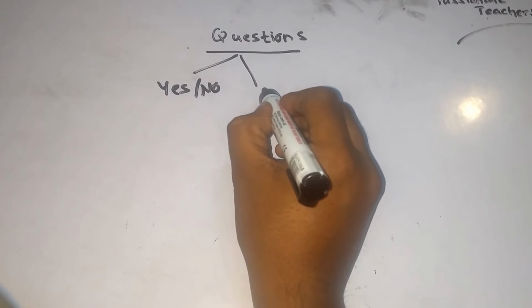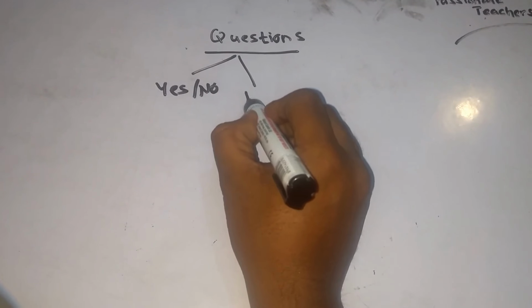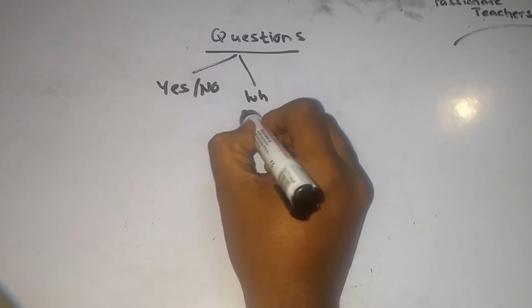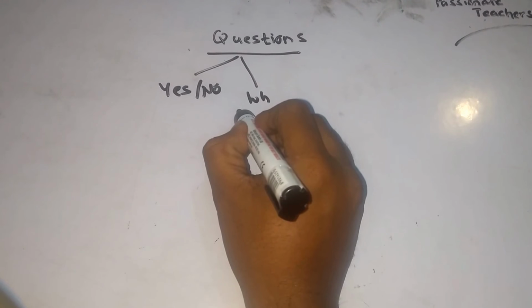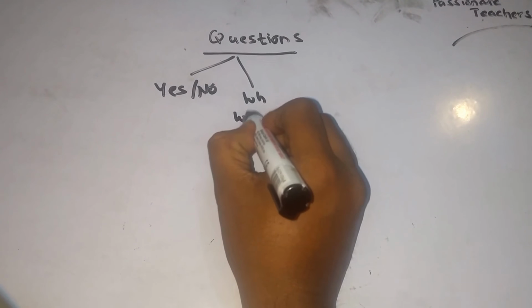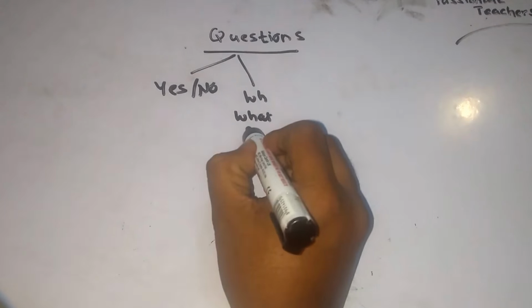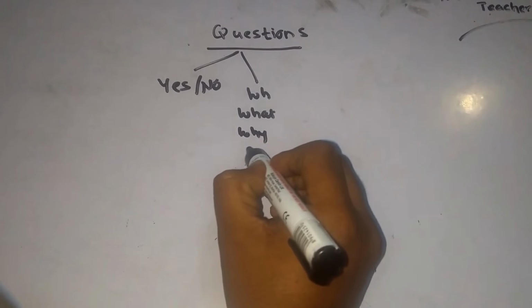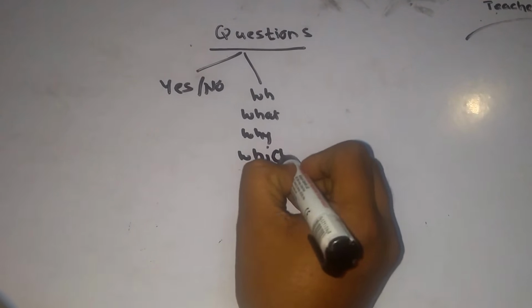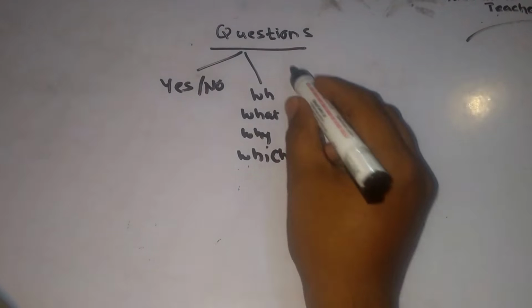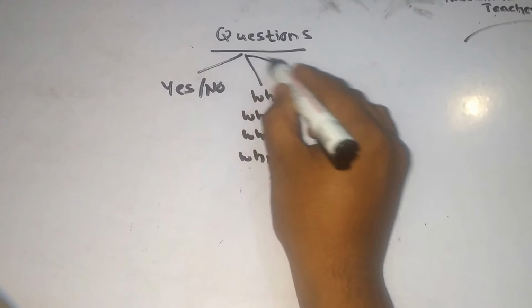Second is WH type of questions, in which the question starts with what, why, which, etc. Third form is actually